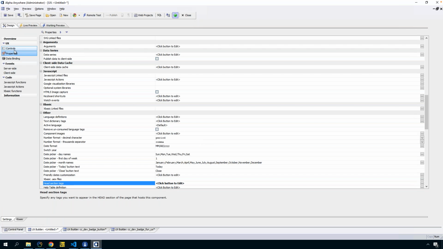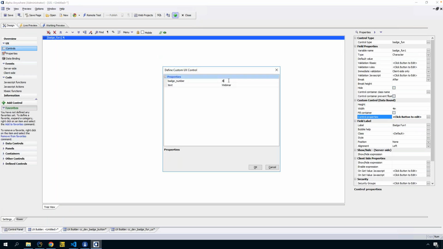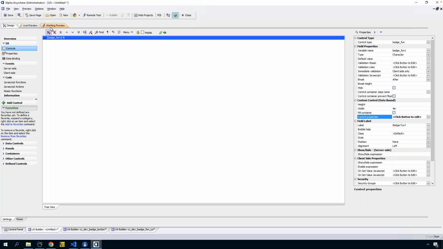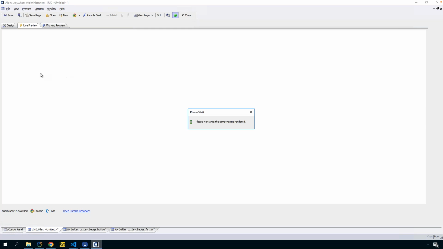I don't like those. I think that should be a 9. So I'll go in here and go in. Actually, let's make it a 7. Click OK. I go into my live preview because I'm so used to live preview. And 7. Now, notice, and again, I apologize that it looks so annoying, but notice something very important now,